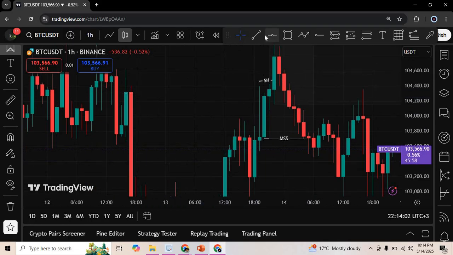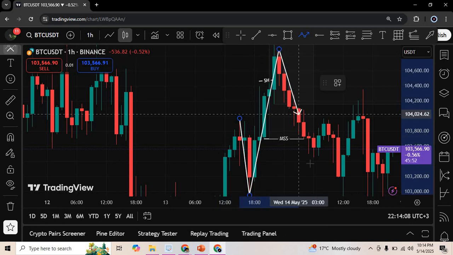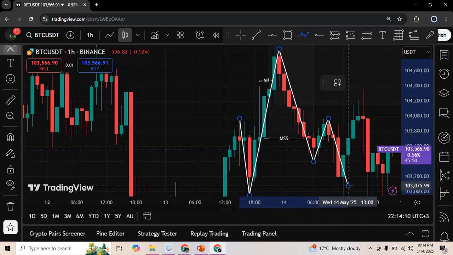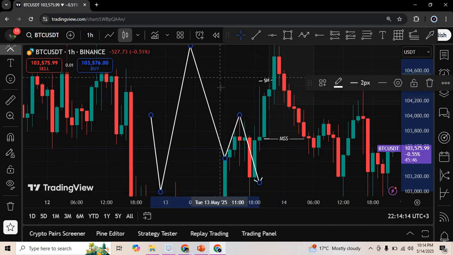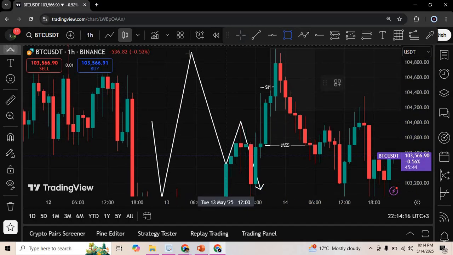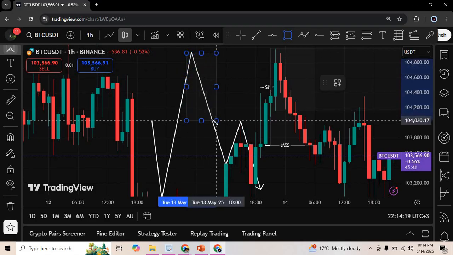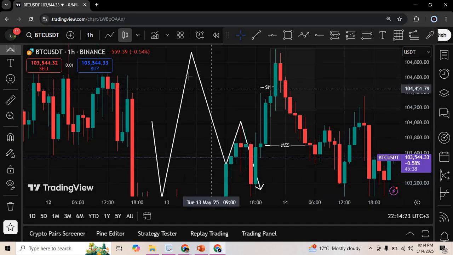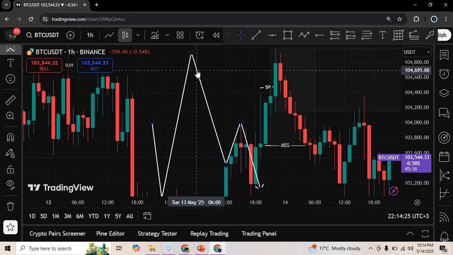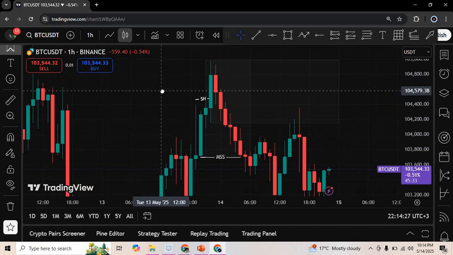Remember, this chart looks like this. Let me just illustrate that so that you can get it. It looks like this, then like that. So if I move this to the left, you'll notice that this leg is our Quasimodo leg. This leg right here is what you're looking at to find any POI. That's why I highlighted this last green candle before a significant sell.